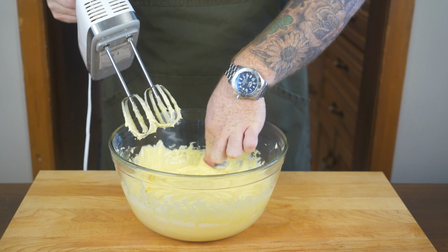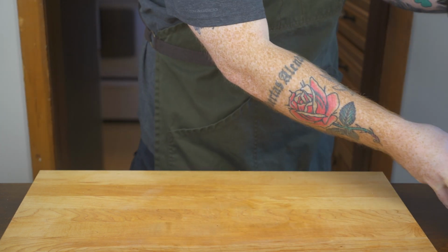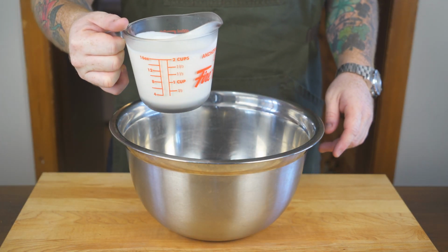But we're not quite done. You know what? Hold on. Let me give it a little taste. It's already tasting good. Set that aside for a moment and get out one more mixing bowl, and into it